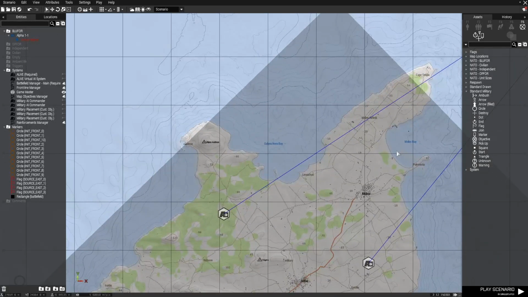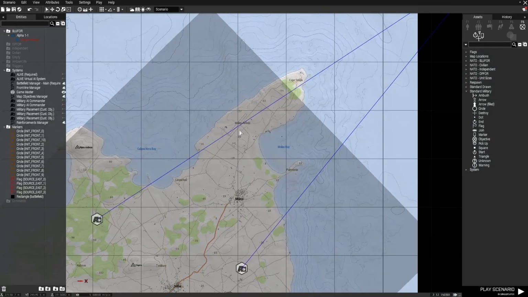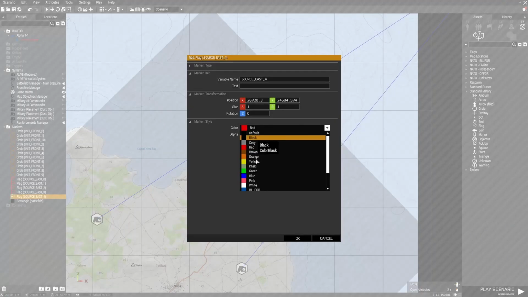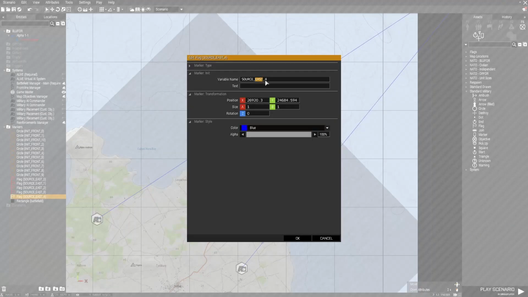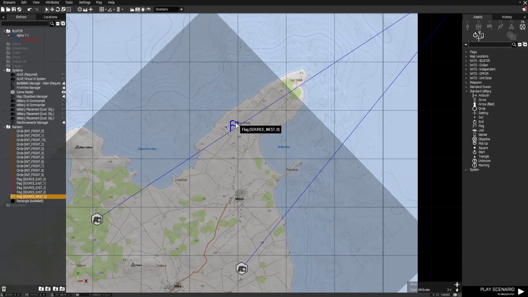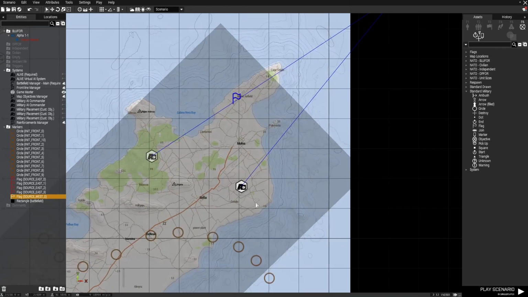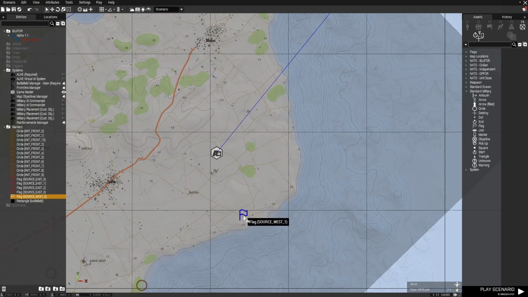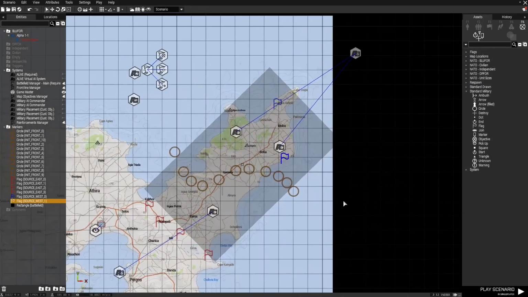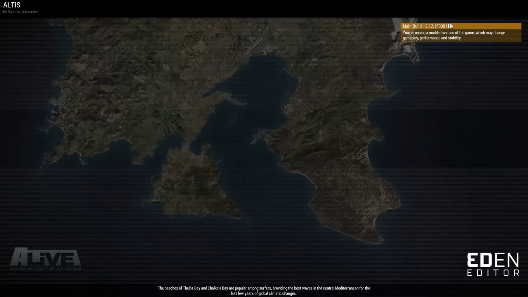And likewise for the westerly side, we can place a marker, and now it's important that the markers are indexed from 0. So if you only have a single marker and it doesn't start at 0, then that will probably be messed up by the system and your reinforcement markers won't work. So place 2 of them down, and there you go. That's all that's required. So if we play this again,